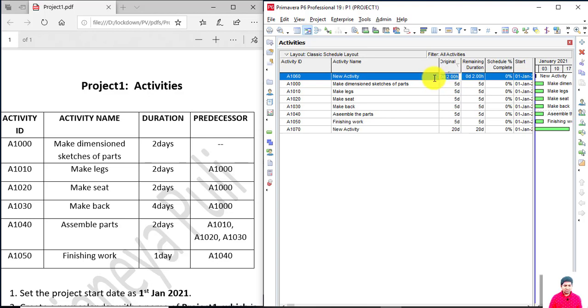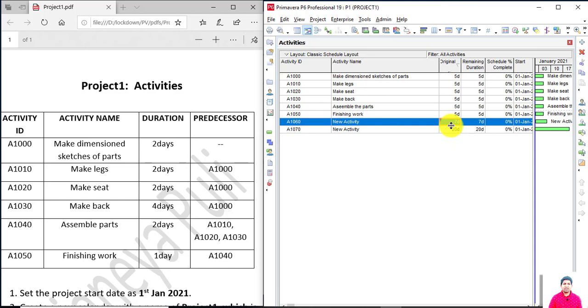Let me change this one to 5 hours, 5H, and you will see 0 days and 5 hours. If I want to mention this as 30 minutes, type 30 and then N and then click on Enter. You will see this is 30 minutes, that is 0.5 hour. Again, if I want to mention the duration as 1 week, type 1 W and now this is 1 week, that is 7 days.